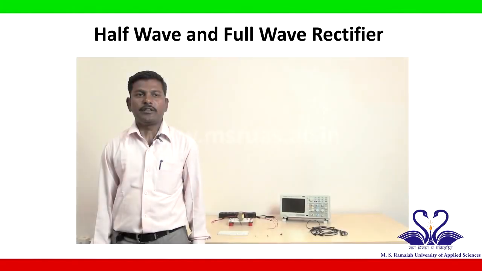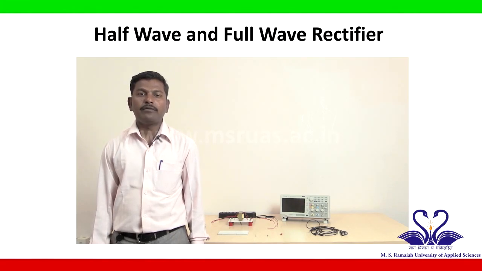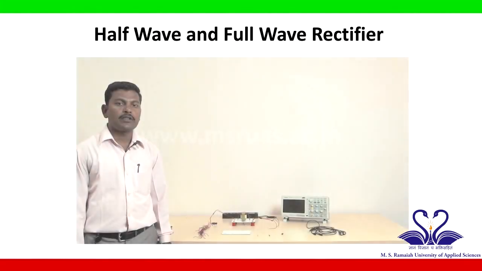Hello students, the experiment name is half wave and full wave rectifier. The aim of the experiment is to observe the waveform at the output of a half wave and full wave rectifier with and without filter, and to calculate the ripple factor of a half wave and full wave rectifier with and without filter. Components used for the experiments are